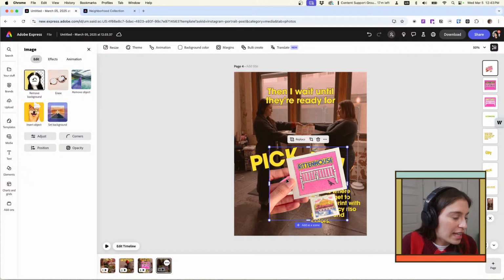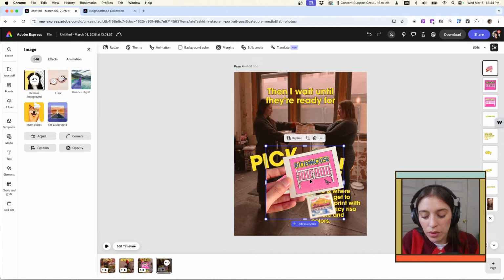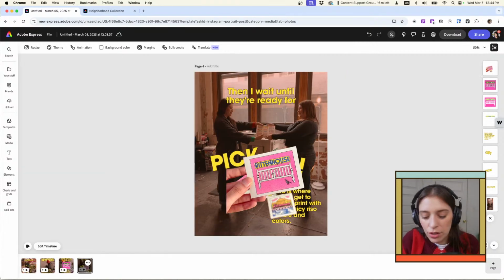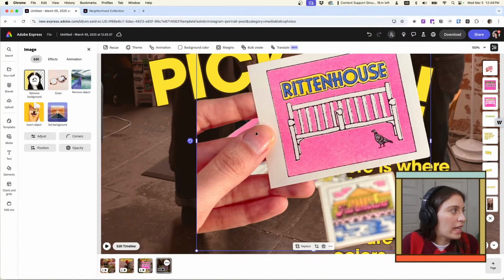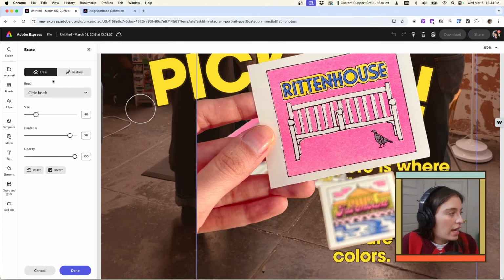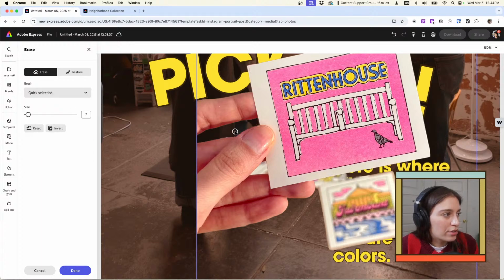You can see here, it left a little bit of residue and also this, which is understandable. So I'm going to zoom in just so that you guys can see exactly what I'm doing. So I'm going to select it, I'm going to hit erase, and from here with the circle brush, I'm going to make it a lot smaller. A lot smaller than that, right around here. Wait, I have it on circle brush. Go to quick selection because then it'll select. There we go. So just to recap,